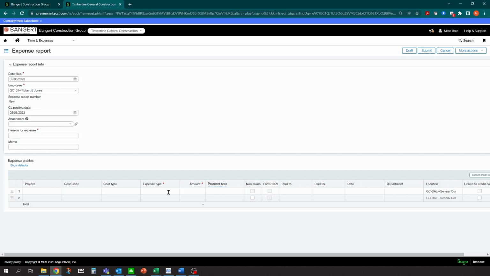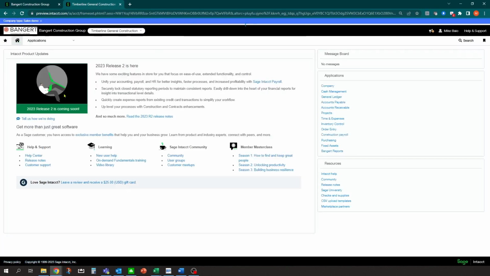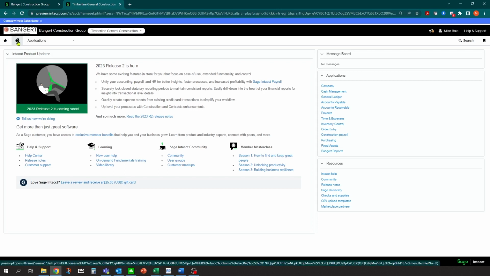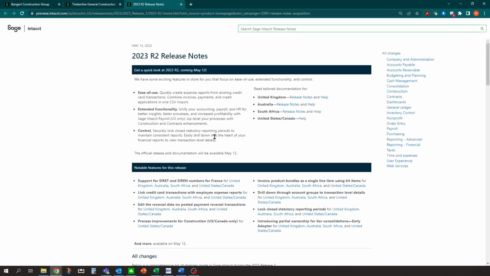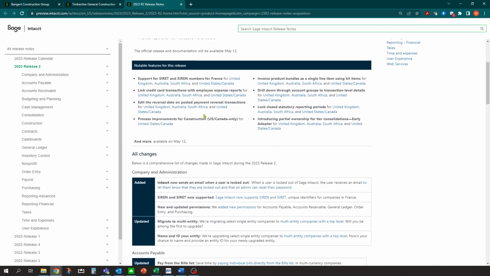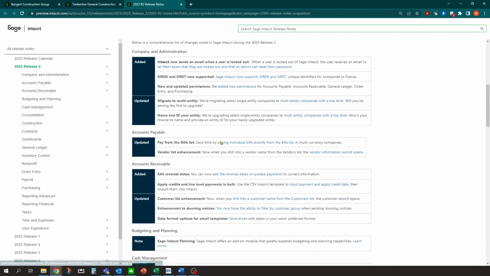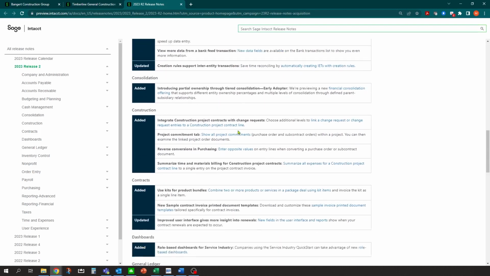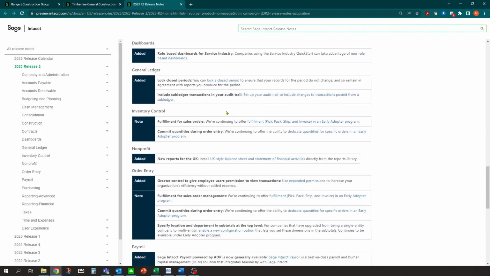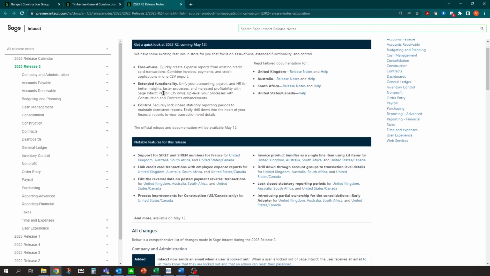So that would sum up our release note enhancements for this session. Just, again, to find out more detail on what we've discussed today or on some of the other releases that we didn't touch on, make sure you go back to your homepage here inside Intacct and click right on that Read 2023 R2 Release Notes. And from there, you should be able to get back into some of the information we talked about today, and also see what else is out there. As we weren't able to touch on every little thing, we just tried to pick and choose some of the major points in the release.